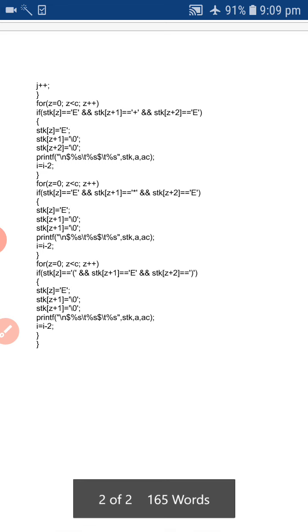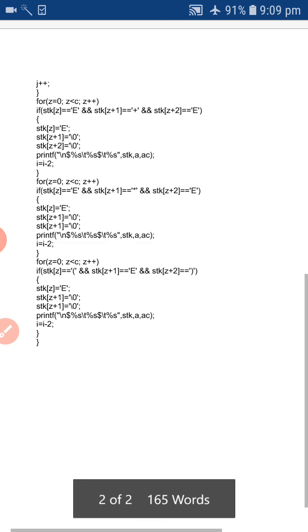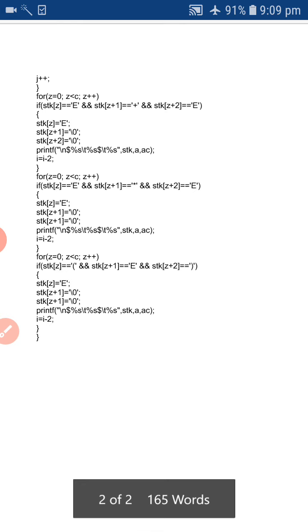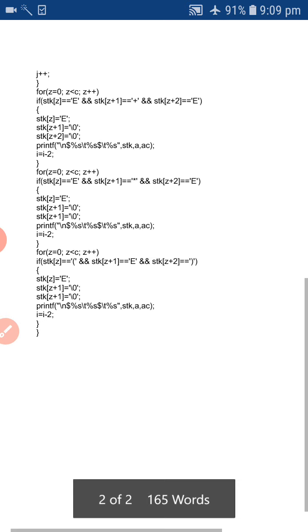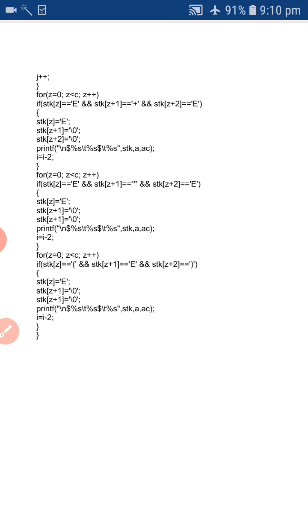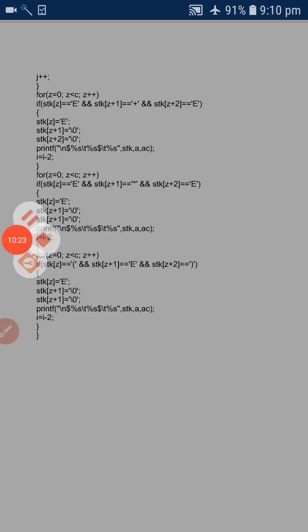So stack z plus 2 the close curly braces, so in middle I'm using E. Nothing but E tends to open curly braces, close curly braces of E. Then once again pushing into that stack. So after checking that grammar, if it is correct, so finally we will get the ID plus ID star ID.